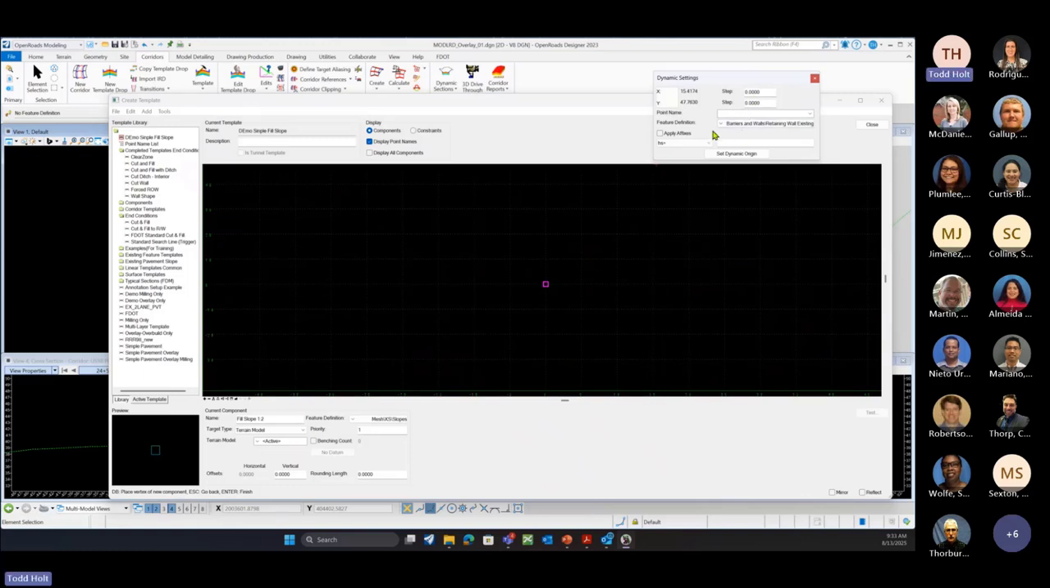Think about this a second real quick here. So I'm going to toggle off apply affixes because we're just building one side. I don't want the prefix or suffix that we have. But in addition to the dynamic settings,